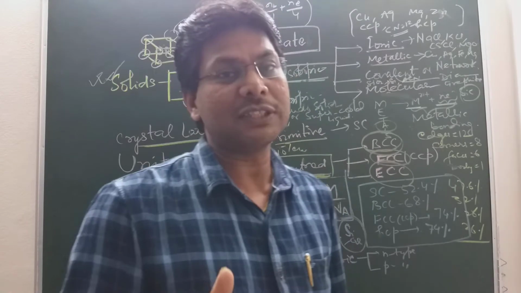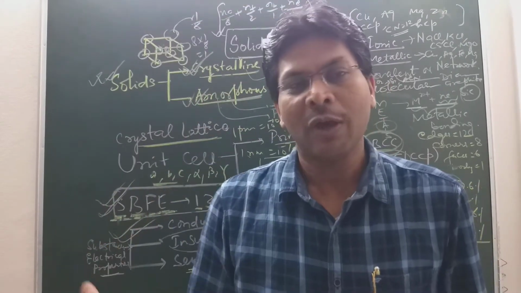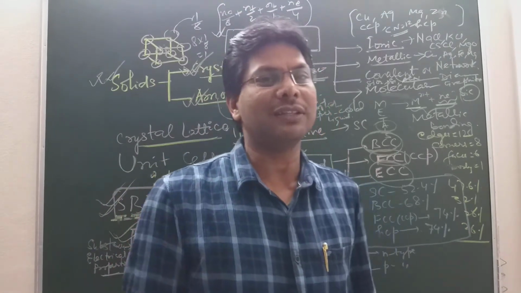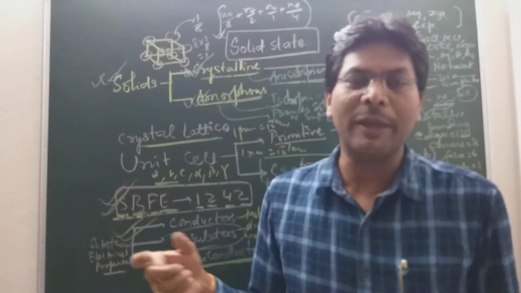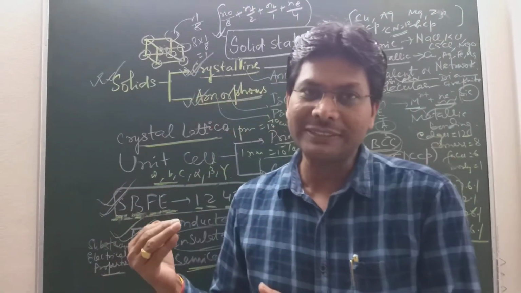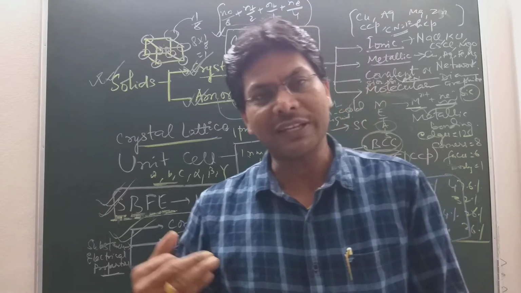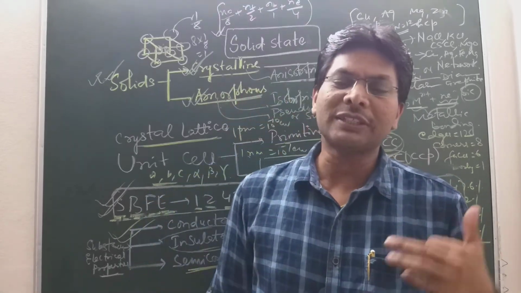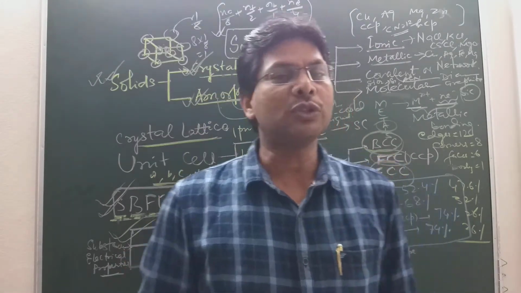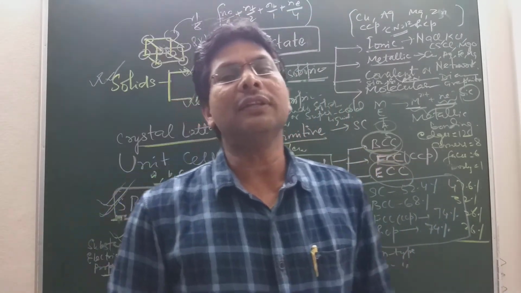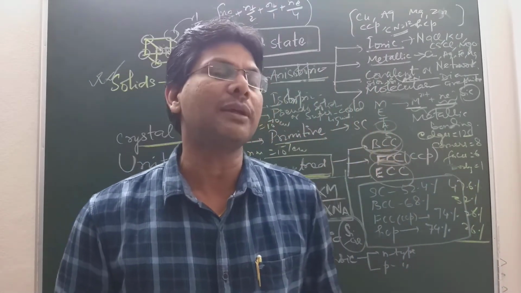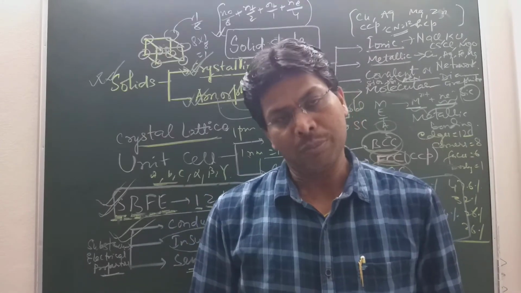If we add group 13 elements, boron, aluminum, gallium, indium, thallium, we can remember this as Bal Gangadhar Indian Tilak. If we mix these with silicon and germanium, we will get a P-type semiconductor, where the majority charge carriers are holes. But if we mix an electron-rich impurity like group 15, nitrogen, phosphorus, arsenic, antimony, bismuth, then the semiconductor formed is called N type, where the majority charge carriers are electrons and the minority charge carriers are holes.